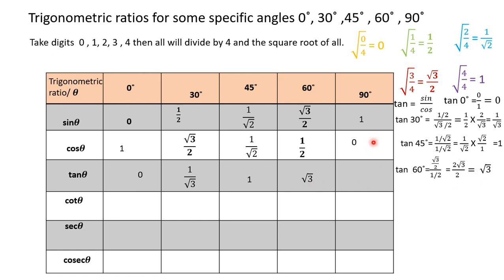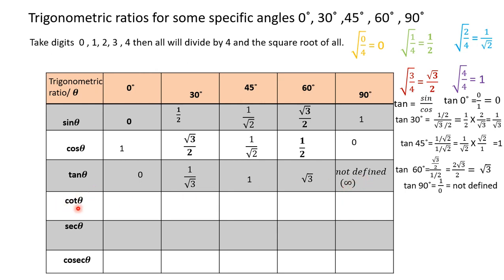Now tan 90 degree is equal to sin 90 upon cos 90. It is 1 by 0, and 1 upon 0 is not defined, as the process of division will go further and further. We cannot stop the procedure of dividing 1 by 0. So we write not defined, and we denote this by the symbol known as infinity. So tan 90 degree is infinite.